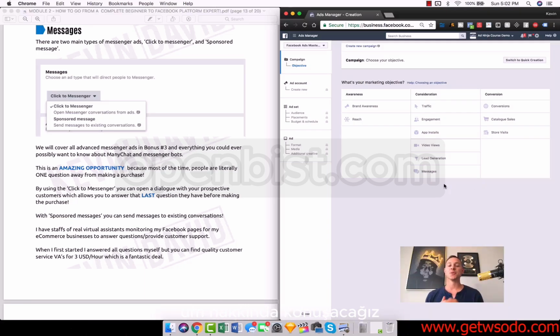And later on, guys, we're going to talk about ManyChat. ManyChat and messenger bots are an unbelievably exciting opportunity that has gained a lot more popularity with marketers and with people who are very ahead of the curve. And if you get your messages ads and your ManyChat and messenger bots to a level, even a very basic level, you're going to be so far